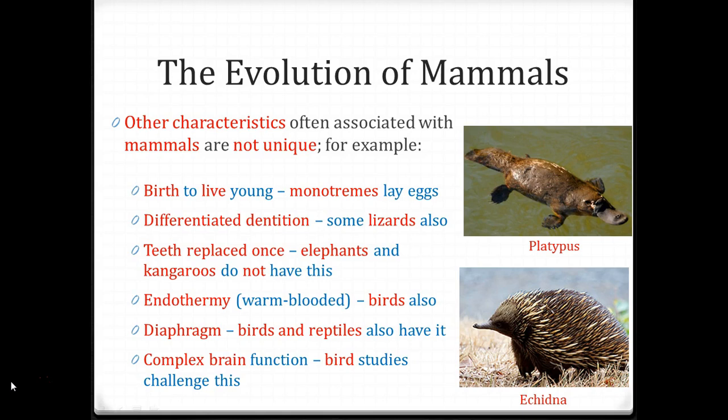There is a group of mammals called the monotremes that is a very primitive group, what we call a basal group, that in fact lay eggs. And there's 5 species of those that are still alive. There's a good fossil record on them. 2 of the most commonly seen ones are the ones that I'm showing you here, the platypus and the echidna, both from Australia. These monotremes have other characteristics in common with mammals and are classified under the mammalians because of